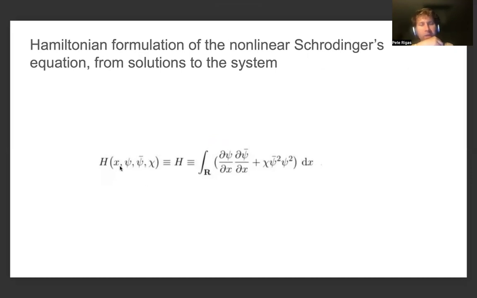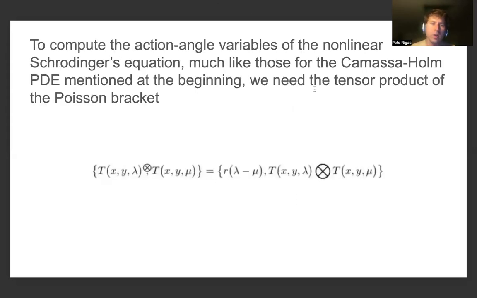And then given by the fact that the Hamiltonian is also a function of the position on the line we're at, as well as some strictly positive parameter C, which admits this representation, which is just integrating this expression against a standard Lebesgue measure over the line, over the state space of the real numbers. And so to compute action angle variables of the nonlinear Schrödinger's equation, much like those for the Camassa-Holm PDE mentioned at the beginning of the presentation,